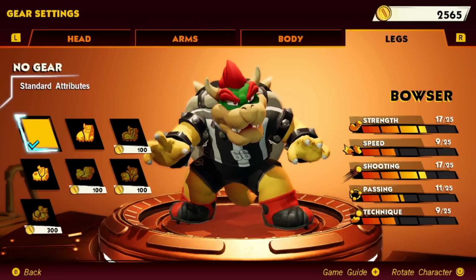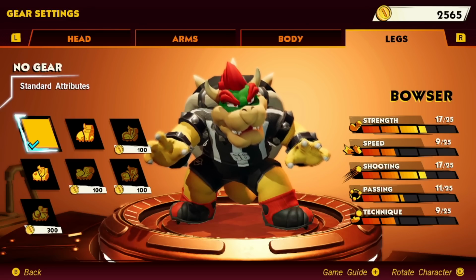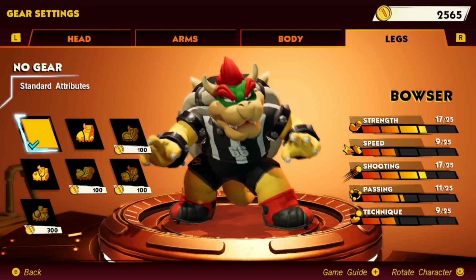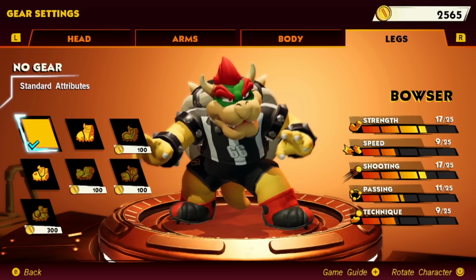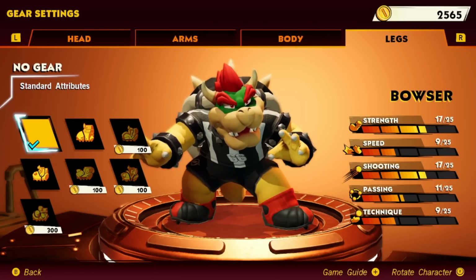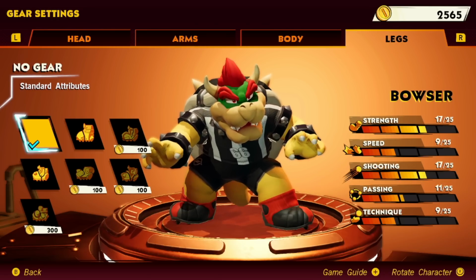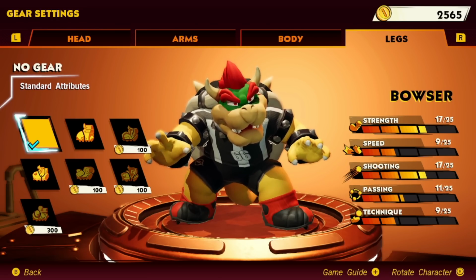What's going on, everybody? Today we are going to settle a debate between which is a better stat, shooting or technique. Both shooting and technique will contribute into your ability to score goals. Shooting is going to increase your ball speed as the ball travels towards the net, and technique is going to make it so that you can hit wider shots and have more curve on the ball to get around the